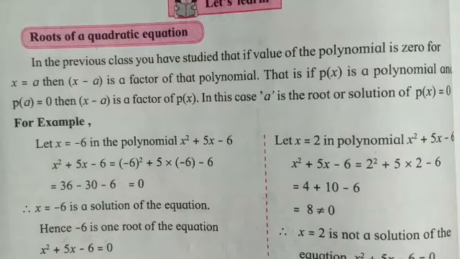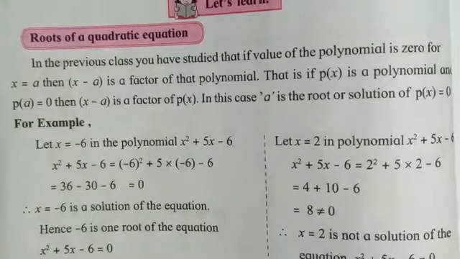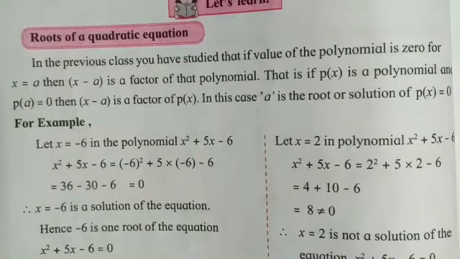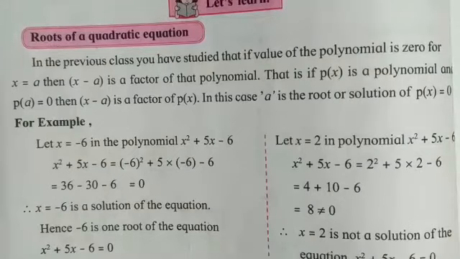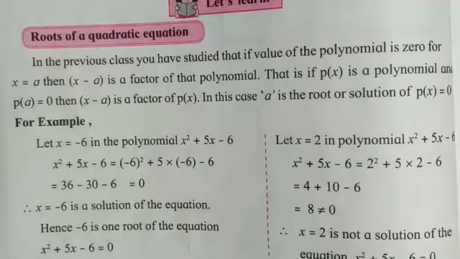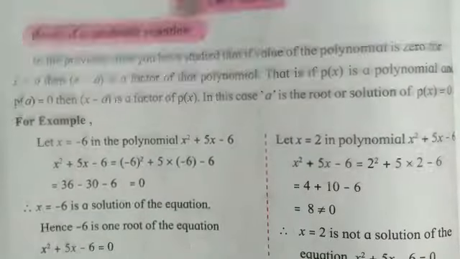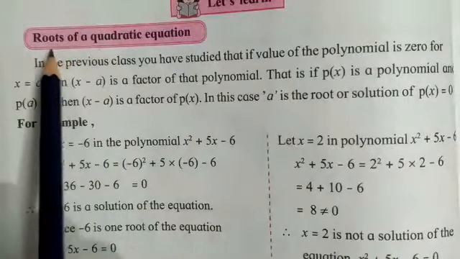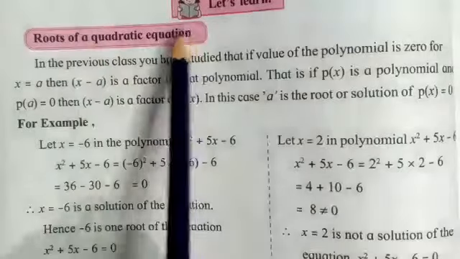Now we have understood the general formula of the quadratic equation, how to identify the quadratic equation, and how to identify a, b and c from that quadratic equation. One thing to note is that for identifying the quadratic equation, the power should not be a fraction. It should not be negative also. Then only that is a quadratic equation. Now, the next topic we have to study is the roots of a quadratic equation. Here, roots means the solution actually. So the solution of that quadratic equation we have to see.